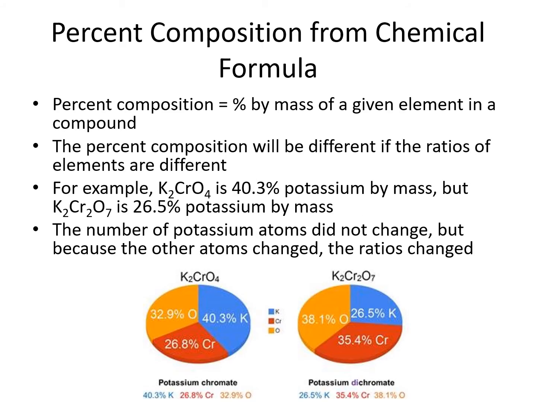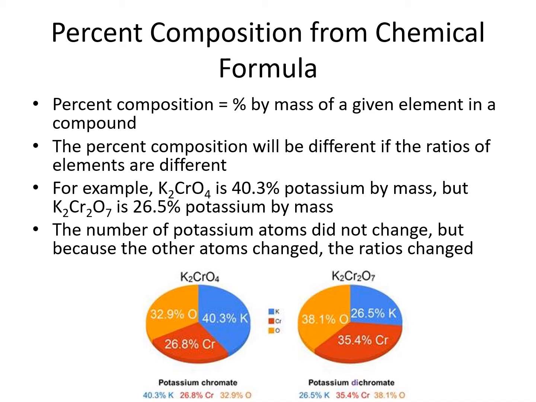Percent composition, which will be our first type of calculation, is defined as the percent by mass of a particular element within a compound. Essentially what we're trying to find is how much of a particular compound is made up of a particular element in terms of the masses. The percent composition will be different if the ratios are different. So let's look at 2